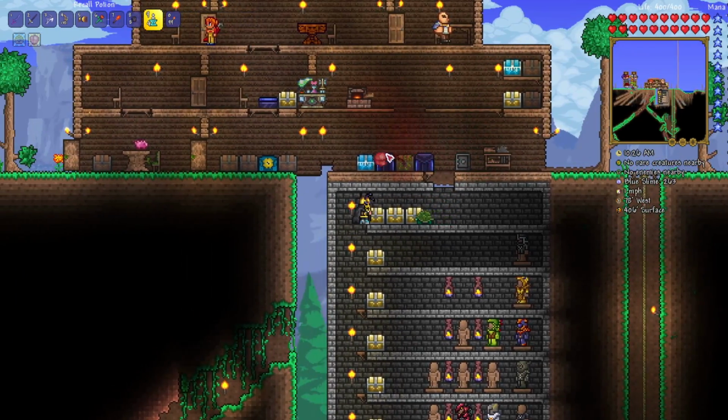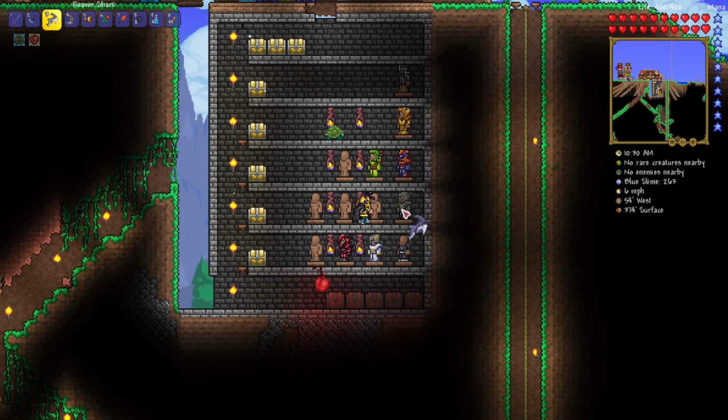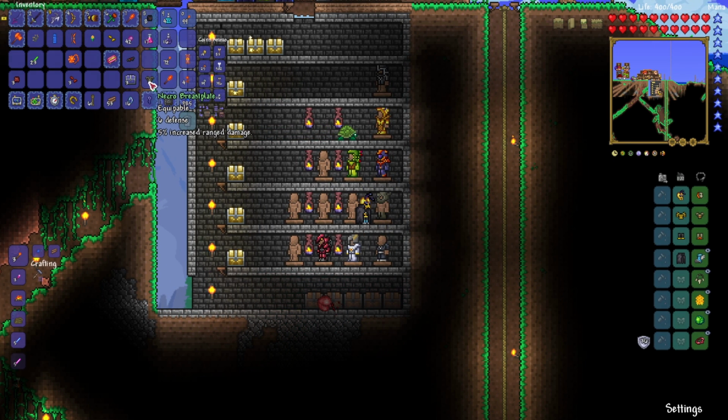So let's head back down. And let's check this out. I'm pretty sure this is called the Necro Armor. Yes, the Necro Breastplate. So this armor gives us a 5% range damage bonus per piece that we are wearing. So there's 3 pieces to this set. That means if you're wearing all 3 pieces, you'll have 15%. Plus there is a set bonus that gives you a 20% boost. So the whole set, if you're wearing the whole set, you get plus 20% damage bonus to all of your